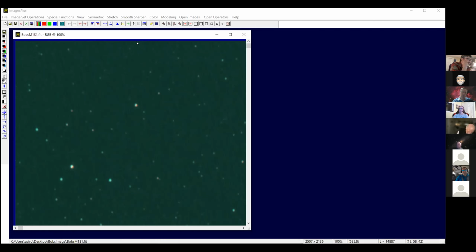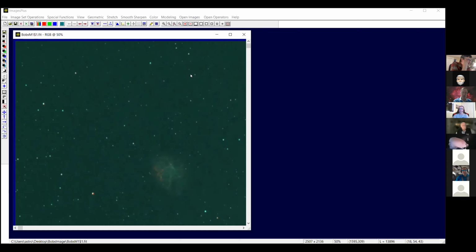So we want to do the same sorts of things we did to the previous image. We want to reduce the noise. We want to brighten this up a bit. The problem is that there's a lot of stars in this image, and when I apply the noise reduction to it, it's going to blur the stars. Even when I make a luminance mask, some of the stars are quite dim, and because they are dim, they're going to be dim in the mask,